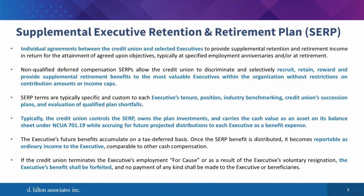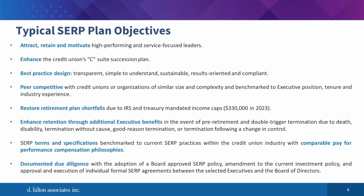And I think if you look at the typical SERP plan objectives on slide number 4, you'll see, let's move forward one, obviously to attract, retain, and motivate, as Debbie mentioned, peer competitive. And that's one of the things that we continue to emphasize, and we continue to see some challenges with, and we're going to talk a little bit later about some of the pitfalls that we see. And one of the big ones is that you don't see credit unions sometimes benchmarking on at minimum an annual basis. And what ends up happening is your SERP plan was built in a different time. I mean, so much has changed over the last 3 years. I mean, right? So when hamburgers were a nickel,